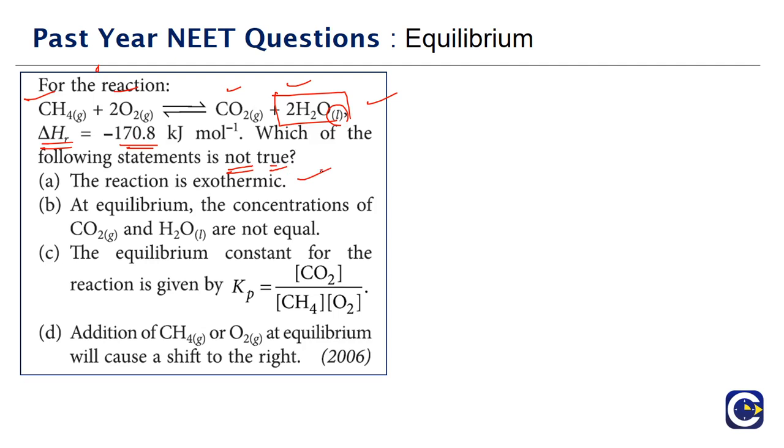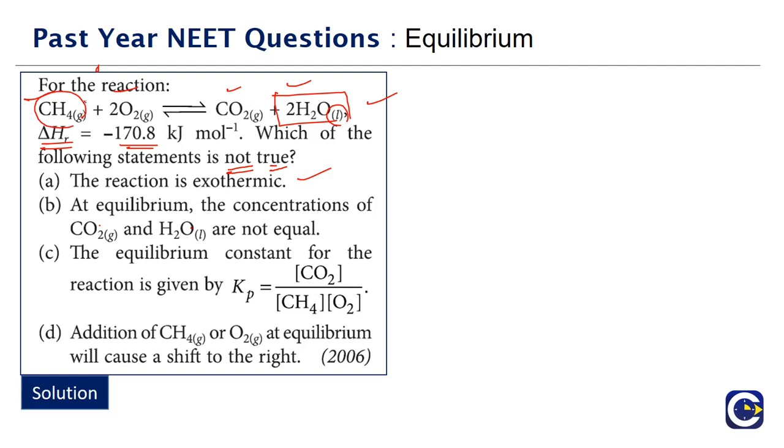So option A is correct. Option B is saying what? At equilibrium, the concentrations of CO2 and H2O are not equal. See, look at this now. If we are tracking this equilibrium, the combustion of 1 mole of methane, if we are able to do the complete combustion,